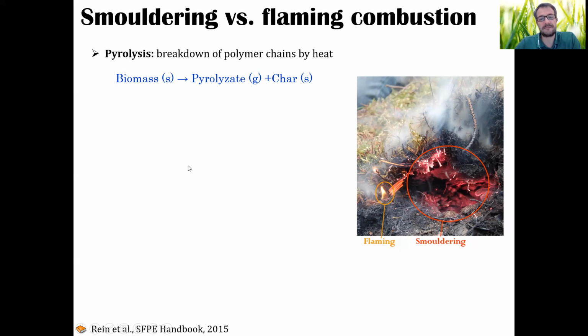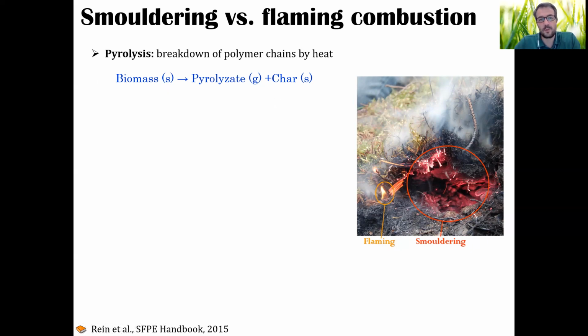Both smoldering and flaming have a reaction in common. This is a reaction that we call pyrolysis. If you take wood or biomass or peat or branches and you heat them up, this biomass will produce a gas in the absence of a flame, just by heating it up. This gas, we call it pyrolysate. And it will leave behind char, because all biomass chars. So the process of converting the solid into a char leaves in the air this pyrolysate gas. And these two, the pyrolysate and the char, are actual fuels in the sense that they contain enough chemical energy that could be released in the form of heat.